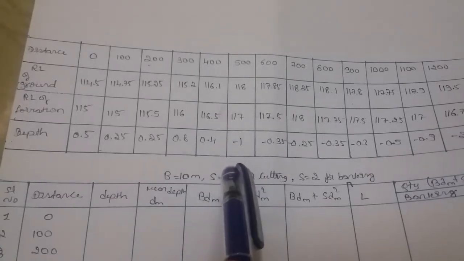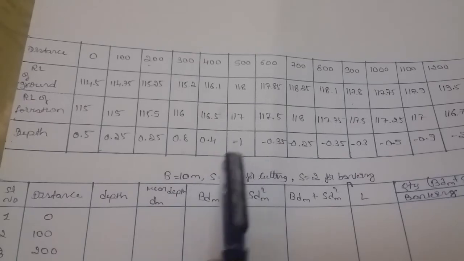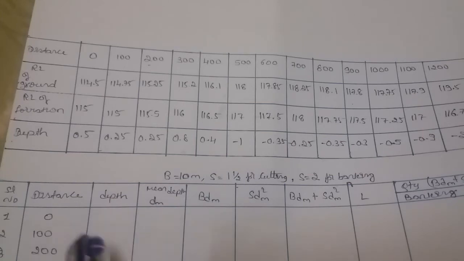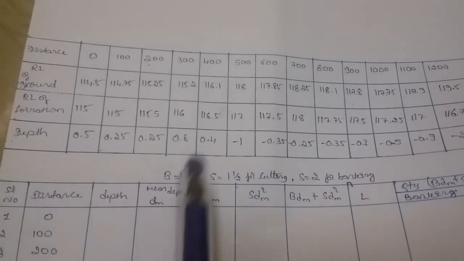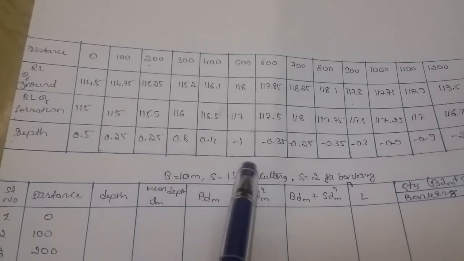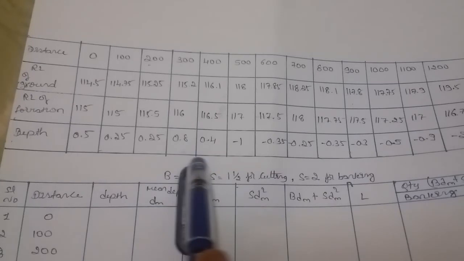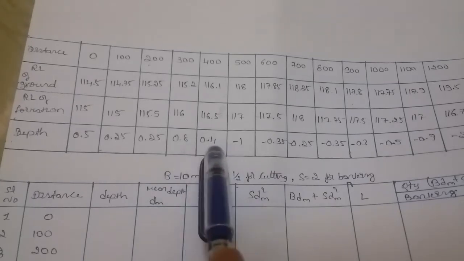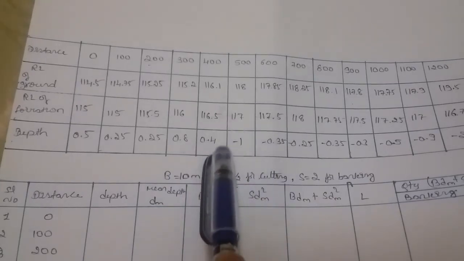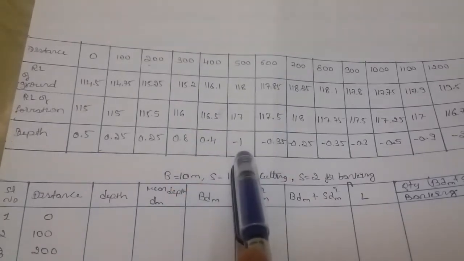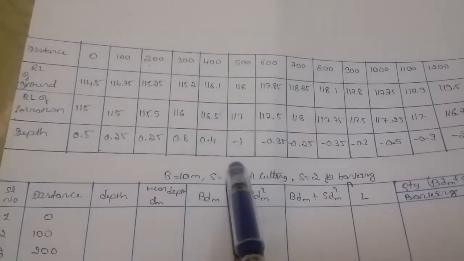In the previous problem you found that in between these you got a zero value, right? So what is the zero value you got in the previous problem? You can go and check out the previous videos. You will get to know that whenever the downward gradient and upward gradient of both are given, there will be zero changes or zero depth. But in this problem you don't have a zero depth given. So what happens here is between 400 and 500 there is a zero. You need to find out what the zero depth value is.